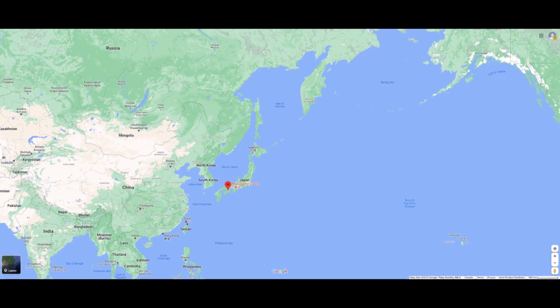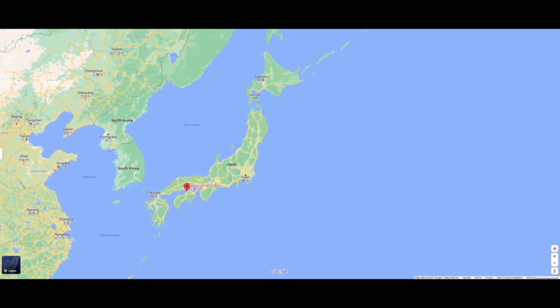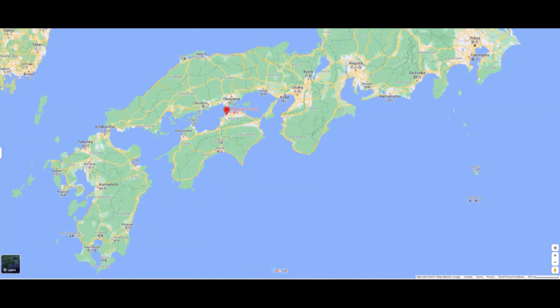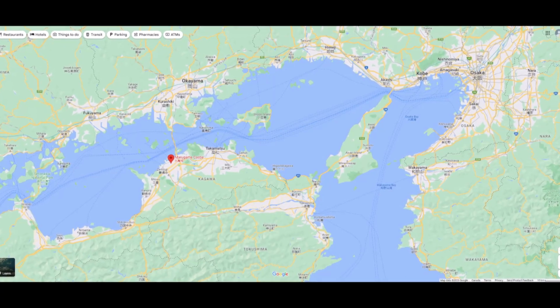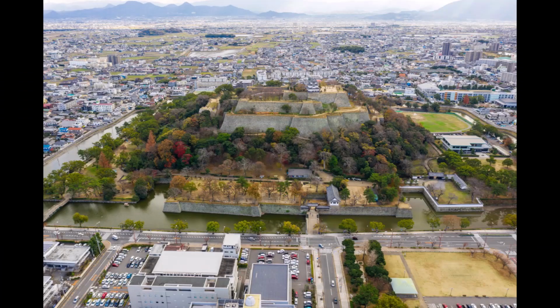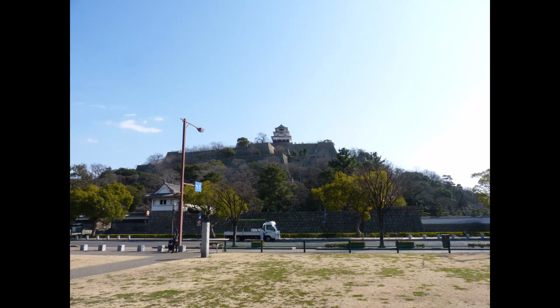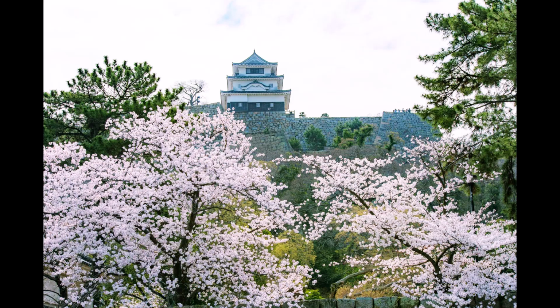Marugame Castle, or Marugame-jo in Japanese, is located in Marugame, Japan, on the island of Shikoku in the prefecture of Kagawa, formerly known as Sanuki. The castle is situated on Kameyama Hill in the heart of the city and dominates the landscape. Since the location of Marugame Castle includes hills and flatlands, it belongs to the Hirayama-jiro, or flatland mountain castle style